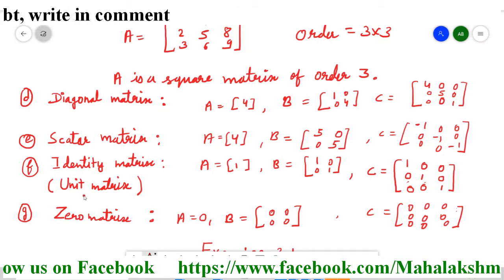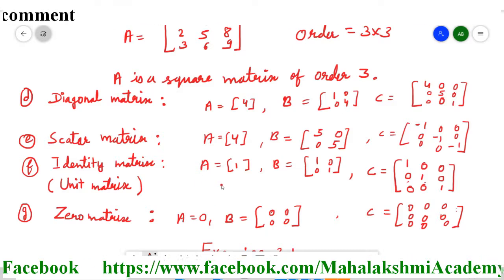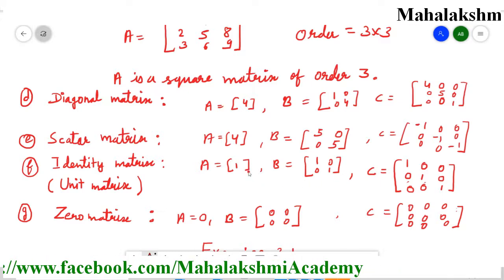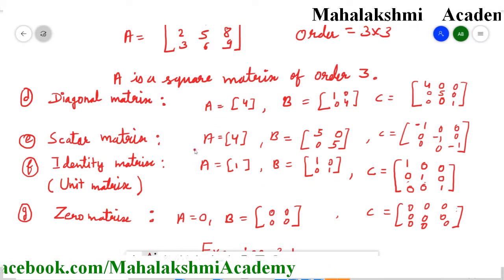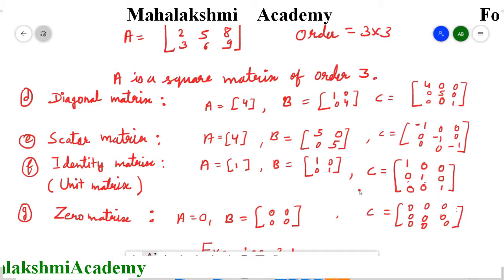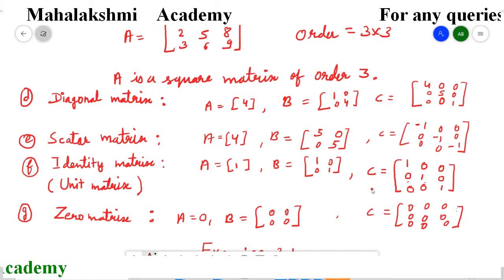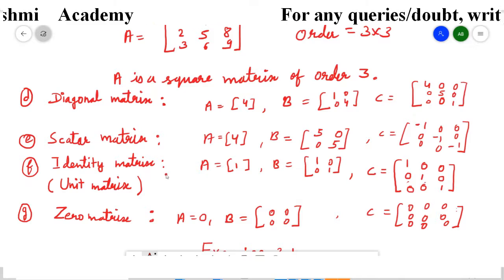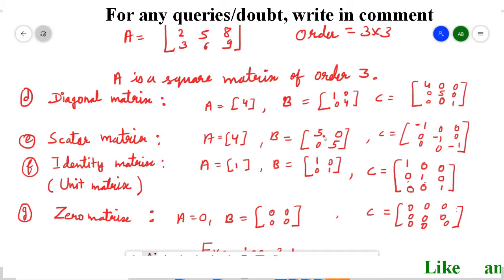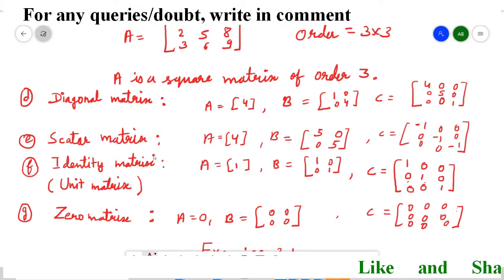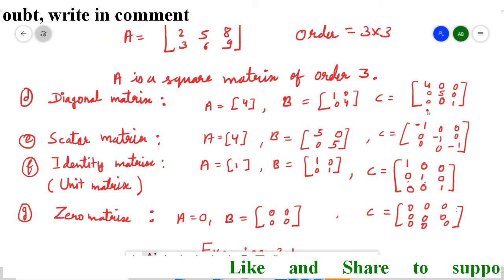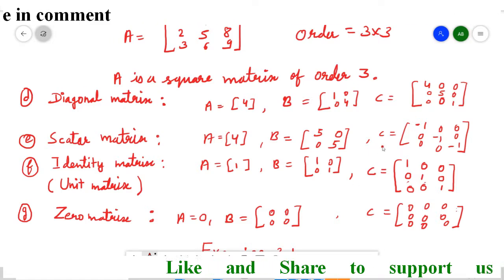Now the identity matrix, or you can say unit matrix. It's a special type of diagonal matrix in which each element of the diagonal is 1. And all are square matrices. It's very necessary: diagonal matrix, scalar matrix, identity matrix, all are going to be square matrices. Square matrix means the number of rows and number of columns are the same. So I hope our identity matrix is clear, that is, all elements of the diagonal are 1. Scalar matrix means in a diagonal matrix, if all elements of the diagonal are same, then it is named a scalar matrix. And diagonal matrix means only the principal diagonal has non-zero numbers, other entries are 0.